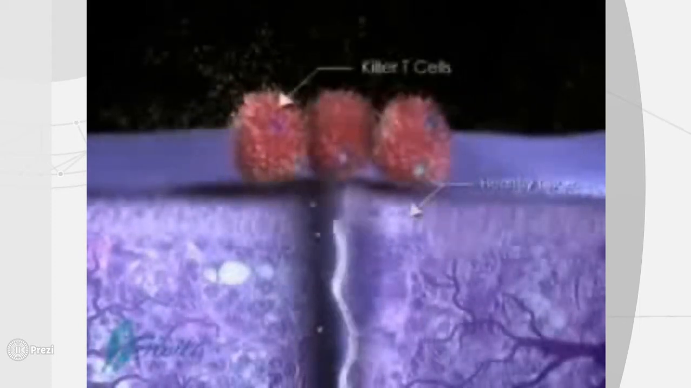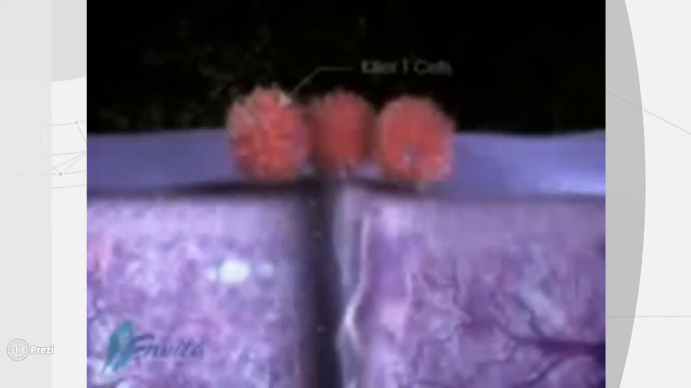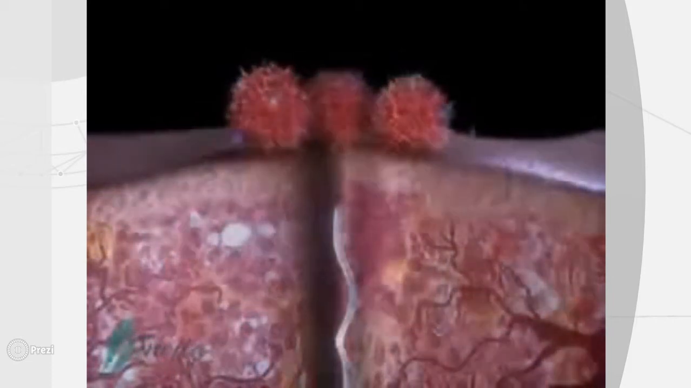As the killer T cells come into contact with the antigen located on the healthy tissue, we begin to see inflammation and destruction of the healthy tissue. This is clearly seen in autoimmune disease processes, where the immune system cannot distinguish between self and non-self. As the spirochete is continuous